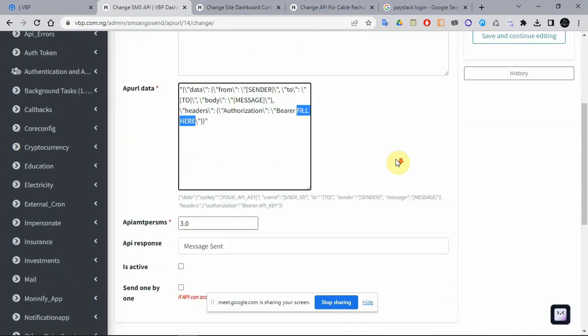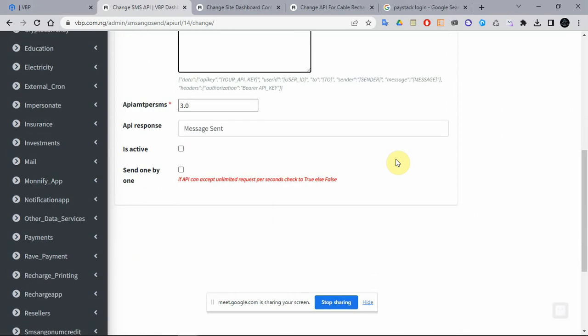It should just work the way it should. Then here now we have send one by one. So there is this thing that we need: if you want to activate send one by one,